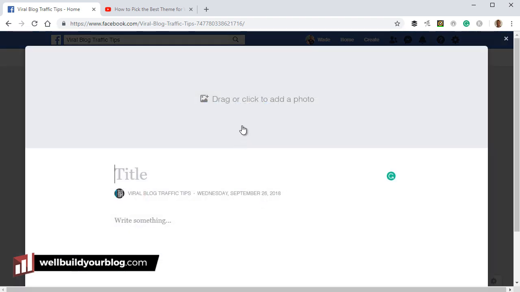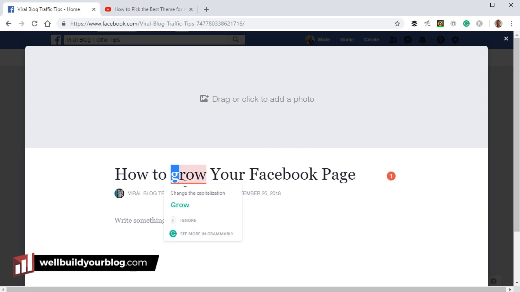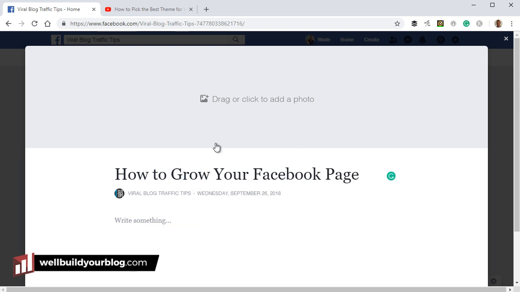And you see, it's basically just like an article. So I can give it a title. Maybe it's, how to grow your Facebook page. Something basic. I'm not really going to be putting any actual content on here, but I'm just going to show you how this works. So first of all, I've got a title, and I'm actually going to give it a